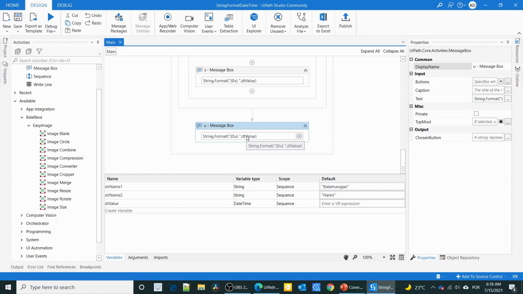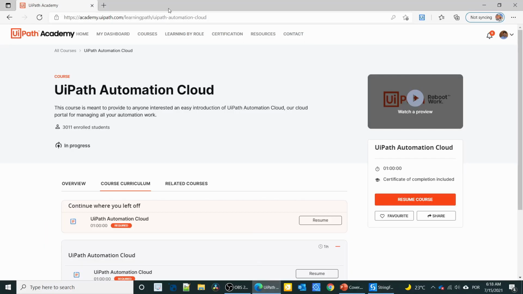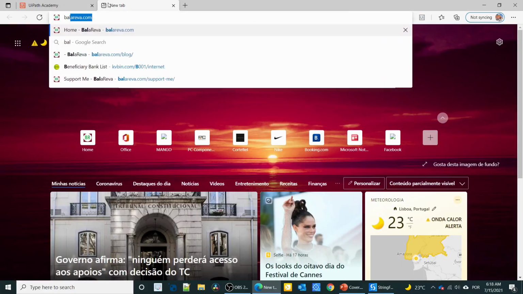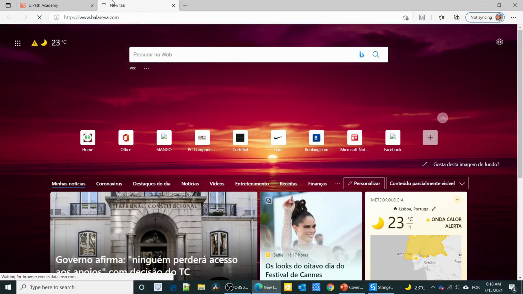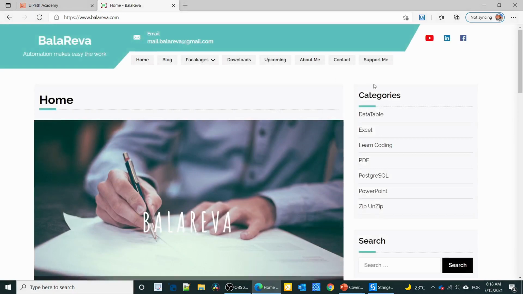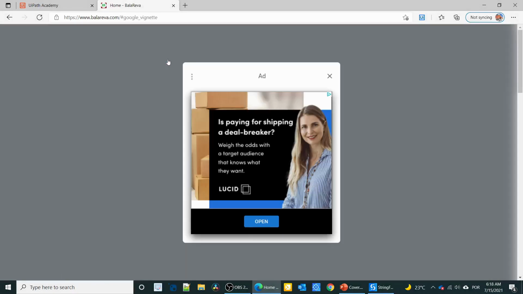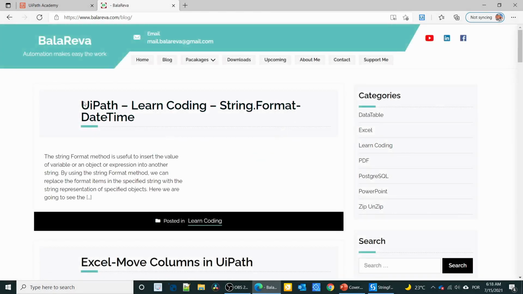Where can I find these formats? It's very simple. Go to balaraiva.com. In my blog you can see the UiPath Learn Coding string.format date and time post, and it is under the category of Learn Coding.